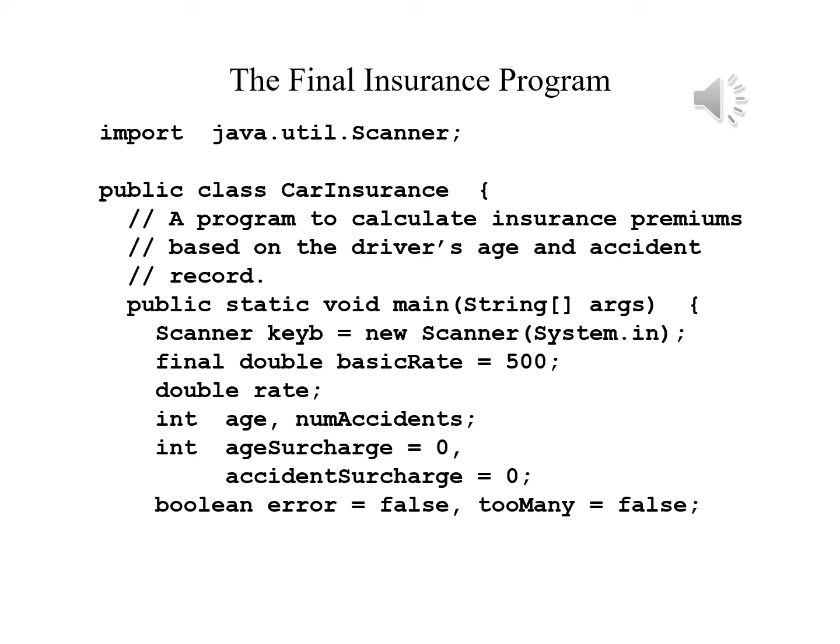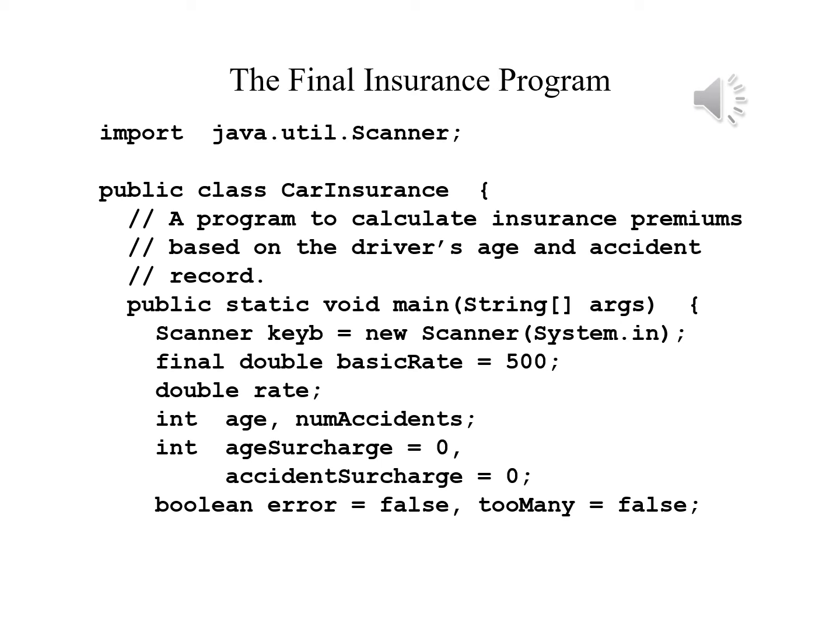We now have the header for the main method, public static void main, and in parentheses, String open close bracket args, and after the close parenthesis, we have an open brace to begin the main method. We will declare a scanner object, Scanner keyboard = new Scanner(System.in); semicolon. We will define as a constant the basic rate by writing final double BASIC_RATE = 500. And the output will be the rate, and we declare it here: double rate;